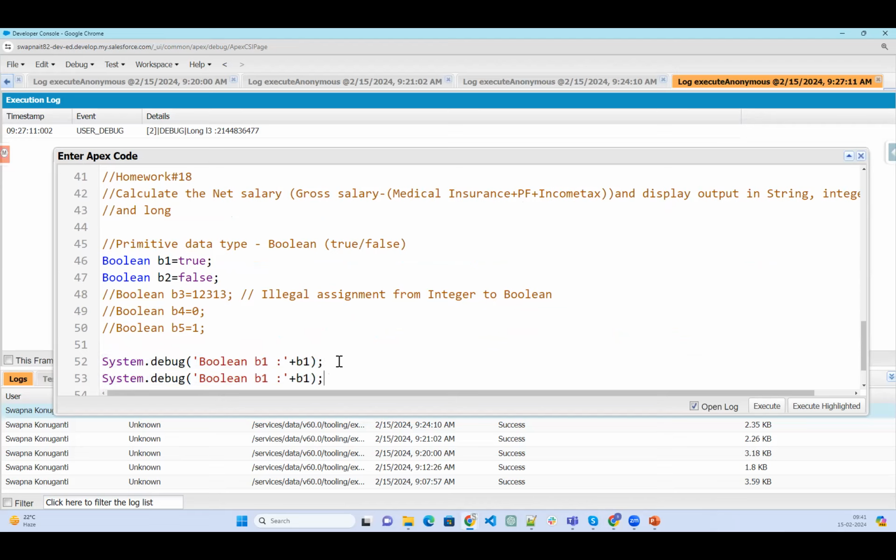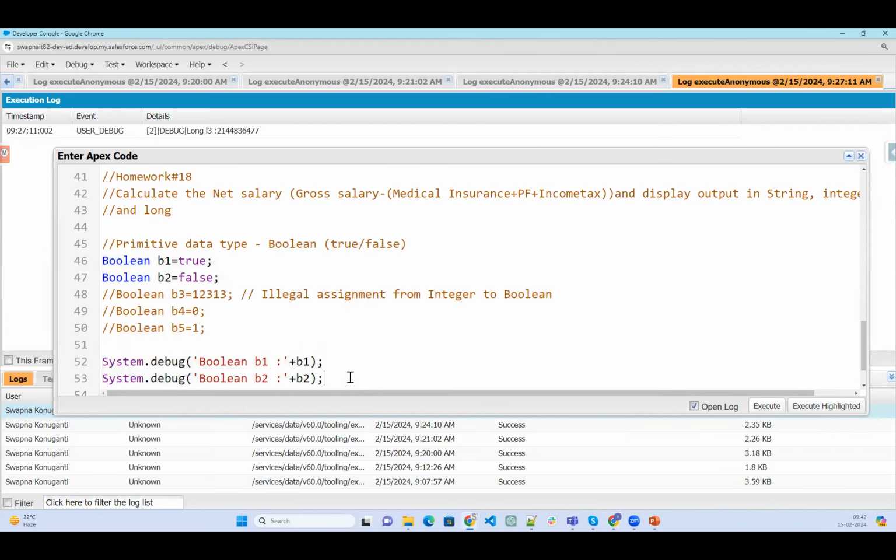System.debug, Boolean, B2 and B2. If I execute it, what is the output I'm going to get? True and false. True, false, I'll get it.